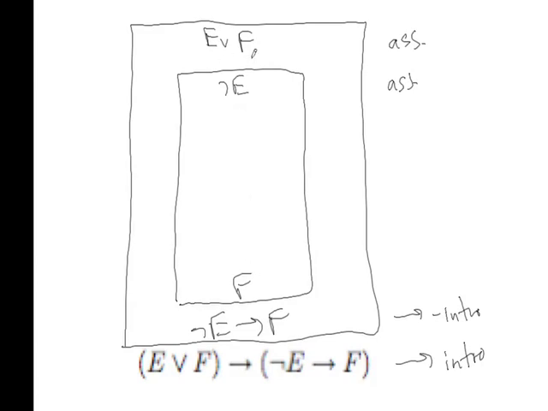Now we have an OR up here, that's a problem, because just because we know E or F doesn't mean we know F. Let's think about it for a moment in a logical fashion. We know that either E or F is valid. We also have assumed not E. So by combining these two, it should be clear that we get F. In some sense, it's obvious from a logical point of view that if we have these two statements, we should be able to derive F.